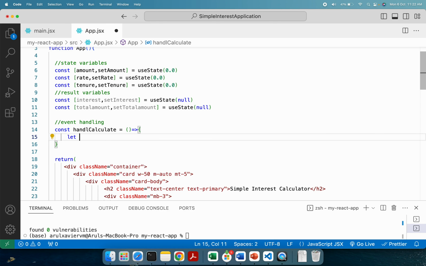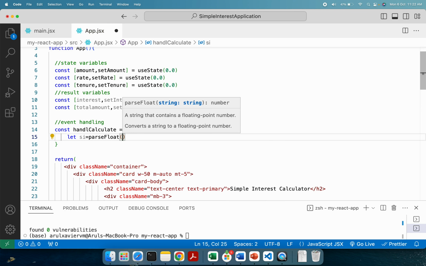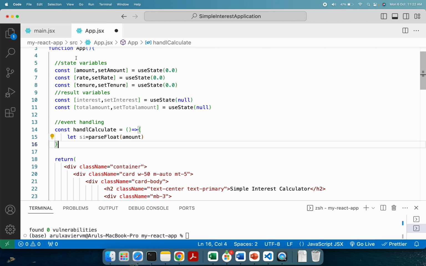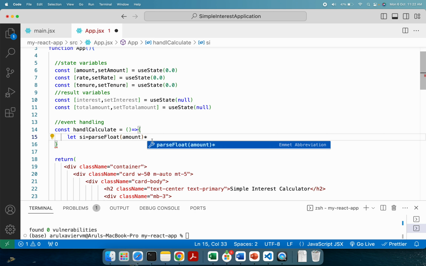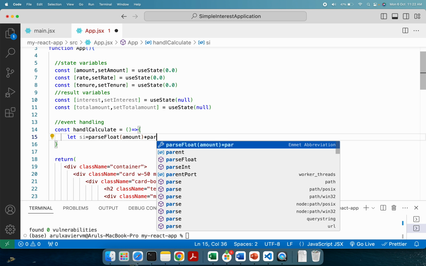So let's assume that the simple interest is equal to... we have to convert all the data to floating point numbers. The first value is the amount, right? The first value is stored in this state variable, right? So this state variable we have to take, convert as float, and multiply with, similarly, sorry, parseFloat,